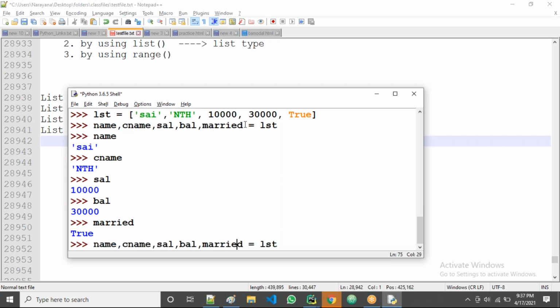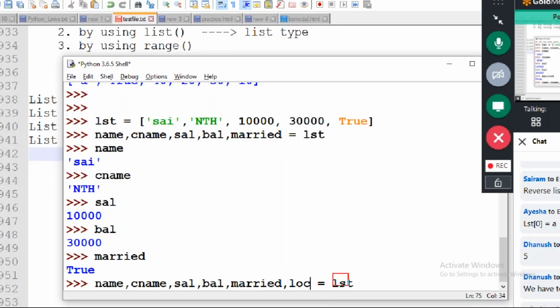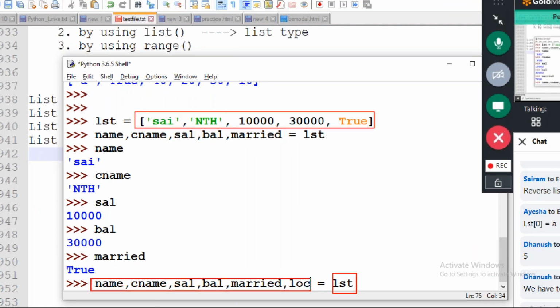Suppose I am taking one more extra variable, location. Now observe, in the list how many arguments are there? Actually only 5 are there, but I'm expecting 6. I'm giving 6 variables, which means I'm expecting 6 values, but those values are not there.